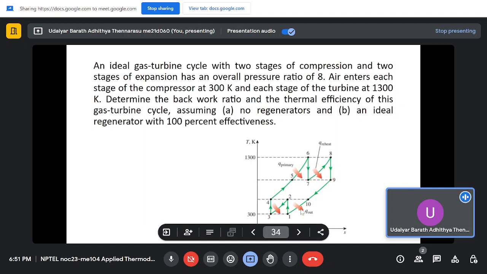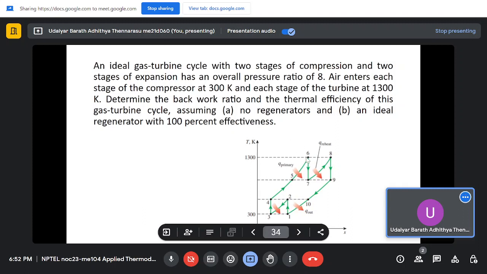Initially at 300 Kelvin, in the compressor, we are compressing it to state 2, and then we are passing it through an intercooler to bring down the temperature of the air to state 3, which is the same as state 1, 300 Kelvin, and then compressing it again. So this overall pressure ratio P4 by P1 is 8, and we are doing heat addition, and then from 6, which is at 1300 Kelvin, to the inlet to the